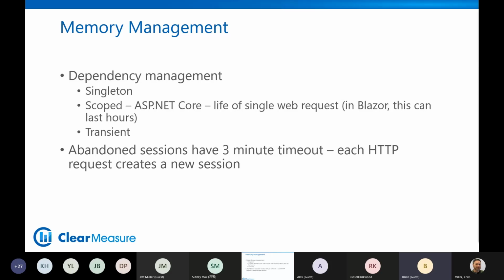It's going to save the state of that particular user's session for 3 minutes, listening to see if that client is going to come back, if that WebSocket is going to get reconnected. And if it doesn't get reconnected after 3 minutes, then all that memory in the user session is going to be garbage collected and thrown away. And if the user comes back, it'll basically start over and they'll get thrown to the home screen. Okay.